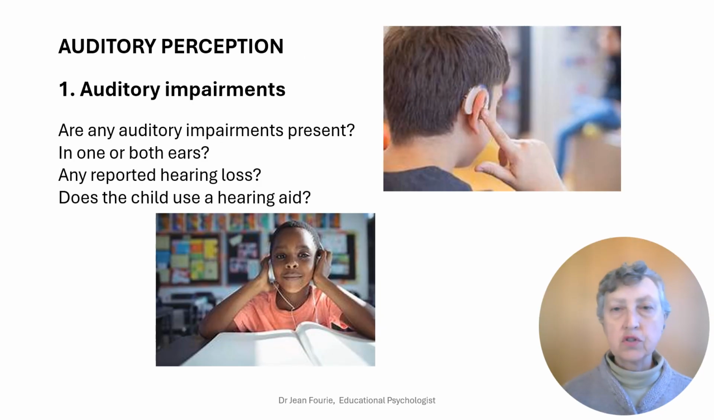In this section of the screening checklist, the child's auditory perception skills are observed. Start by noting any auditory impairments in one or both ears, which have been reported regarding the hearing loss. Note if the child uses a hearing aid. Having an auditory impairment would influence perception and might make further parts of this checklist invalid. Auditory impairments are not easily observed. If the child has been previously diagnosed with an auditory impairment by a medical practitioner, then this can be recorded